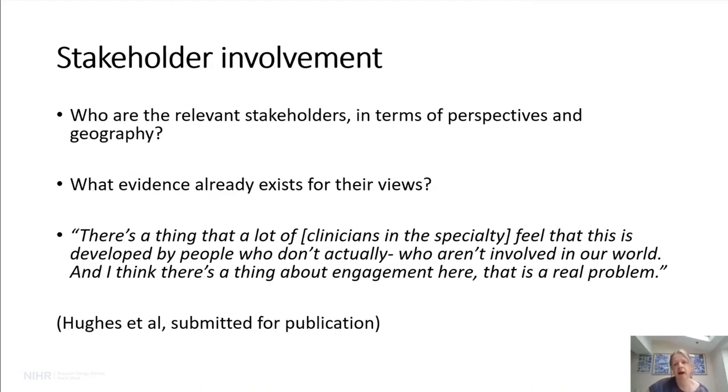So a key question to ask is, who are the relevant stakeholders for a particular core outcome set, both perspectives and geography. It's important actually to ask, well, is there evidence that already exists for their views? In the COMET database, when we do our systematic review updates, we come across information and publications not just about core outcome sets, but actually about other work that will be relevant to people who might want to develop a